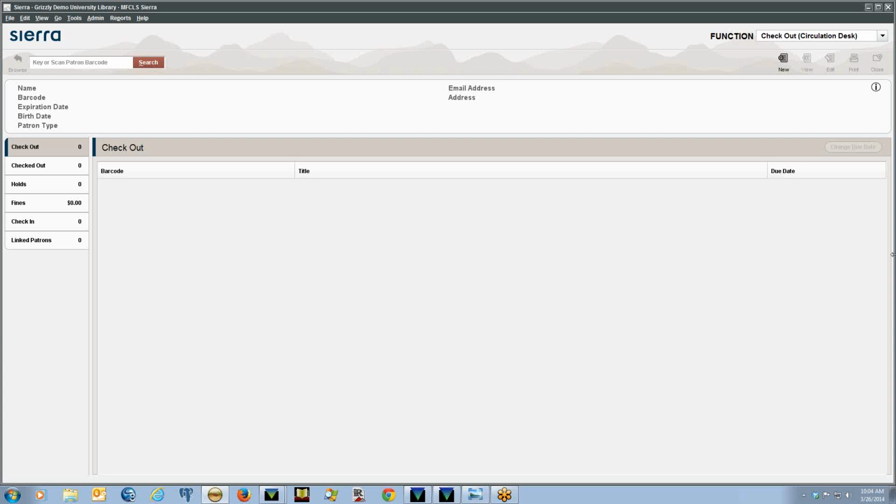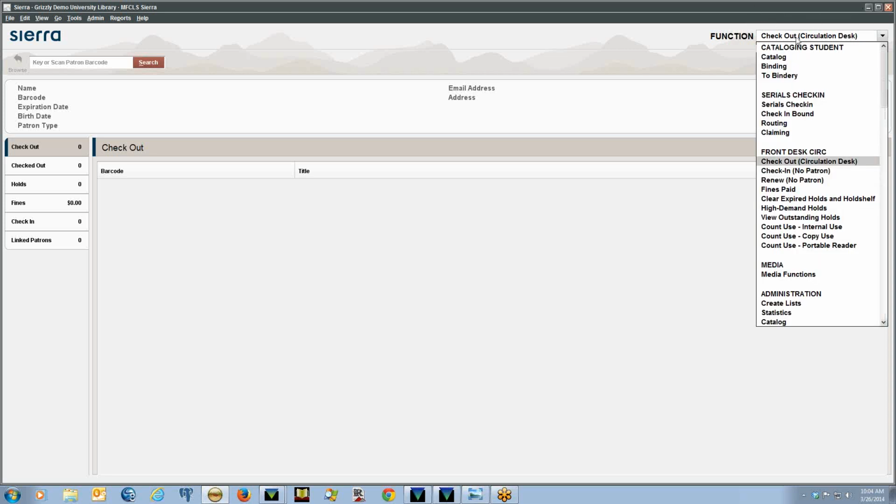Once you've logged in, review the drop-down menu labeled Functions in the upper right-hand corner. If I move my mouse around here, it's this drop-down menu in the upper right-hand corner called Function. And the